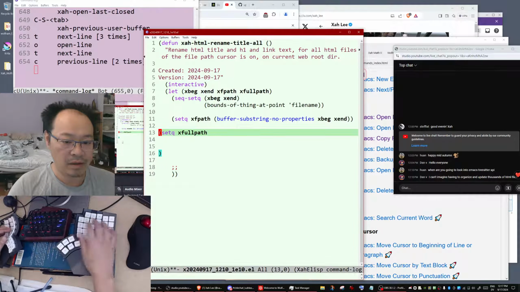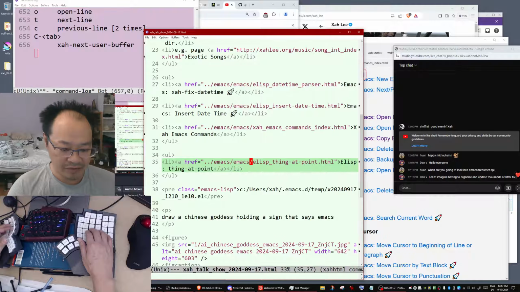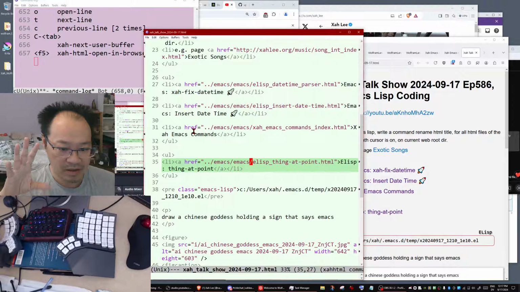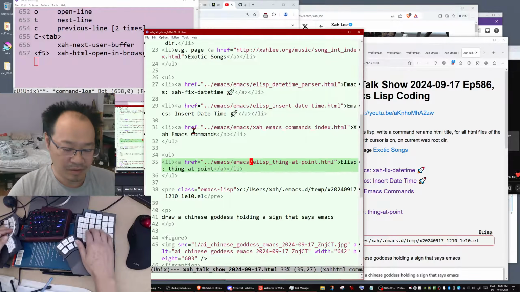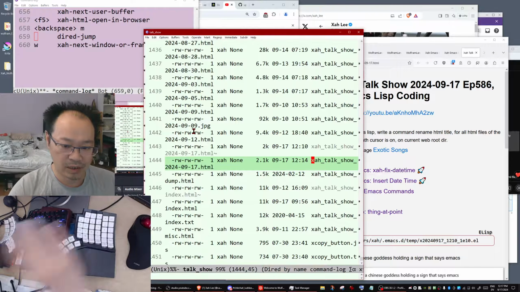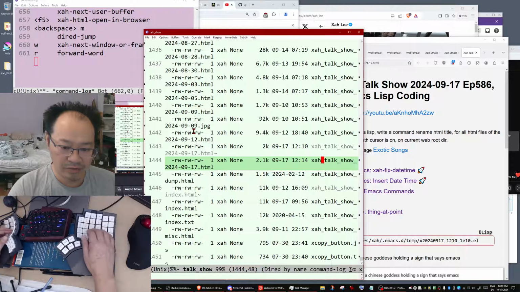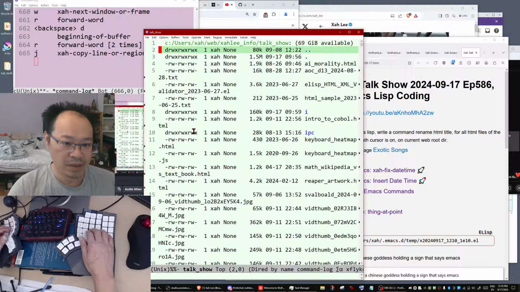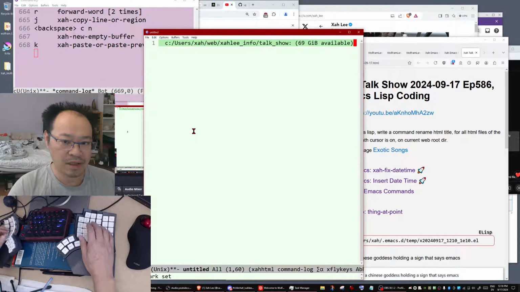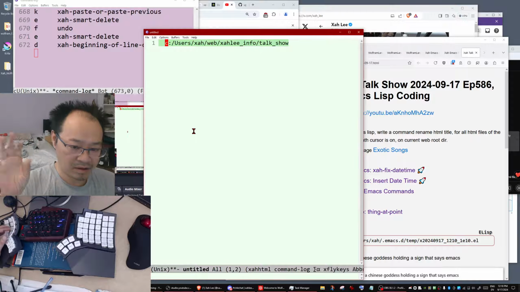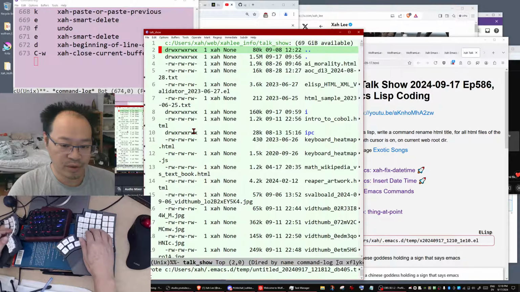When you have a file, for example this file, how do you know what the current directory is? Interactively, you can use dir jump. You jump to the directory the file is in. Go to the top, and you can see that is the directory. You can copy it, open a new buffer, and paste it. But how do you do it programmatically?